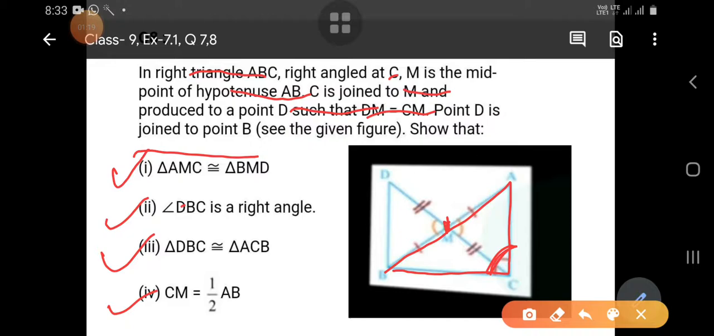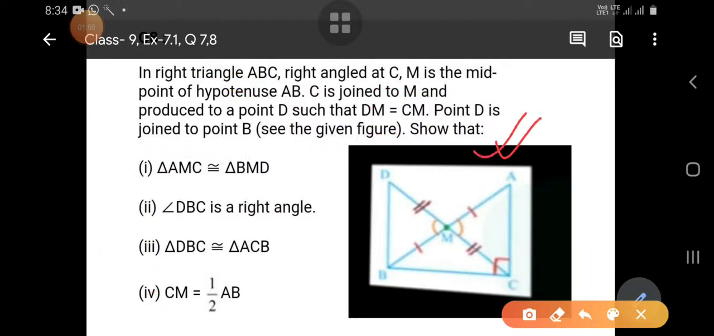Another thing that is given here: C is joined to M, and this line is produced to D, such that DM is equal to CM. This one is equal to this one. And D is joined to B. So in this picture, you have to prove these four things. First we'll prove that triangle AMC is congruent